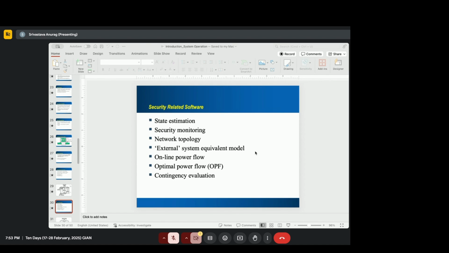So voltage magnitude we get from SCADA, but not the voltage angle, because angle requires us to observe the signal at a much faster rate and synchronize with a very highly accurate clock. So in this case, PMU uses GPS. And because of GPS, which is very highly accurate,